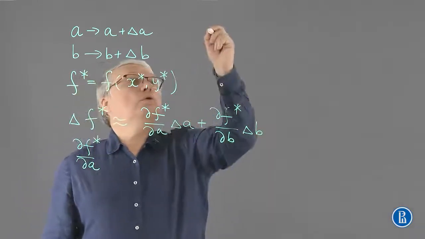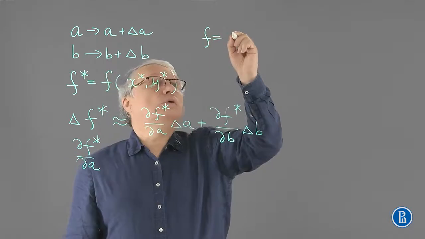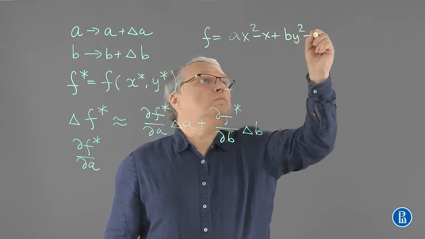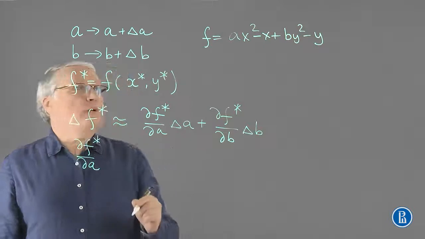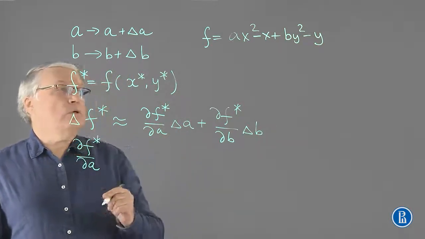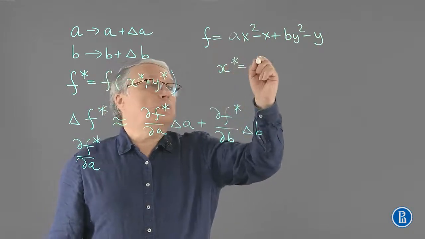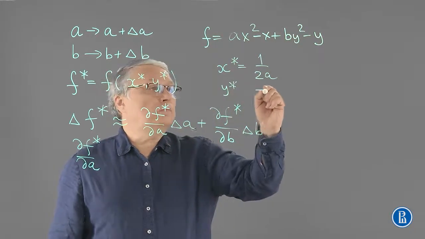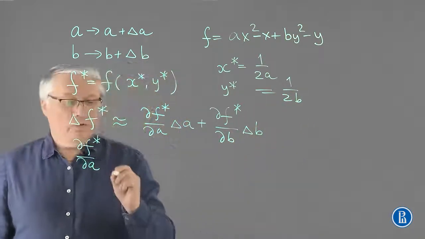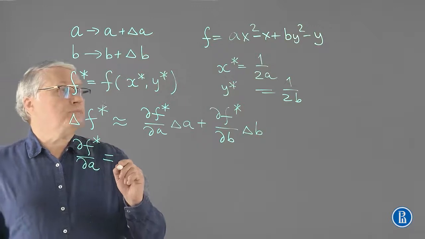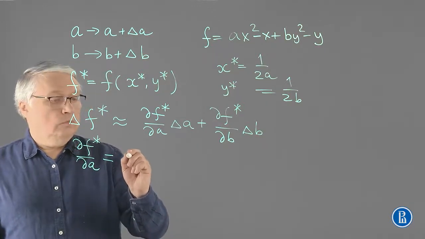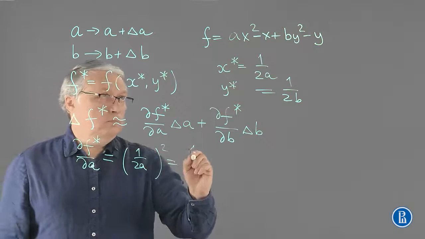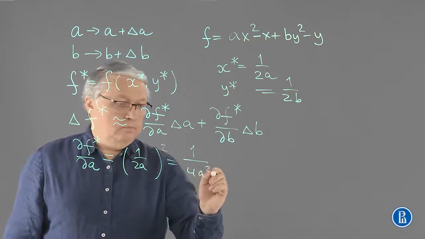Let me remind you, the original function was... differentiate with respect to a and substitute x star, which was... and the same for another derivative. So then it becomes... and accordingly